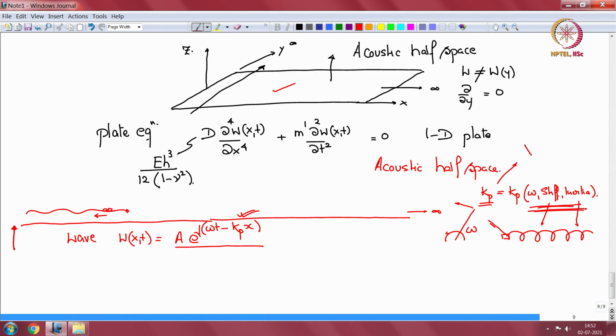because wavelength is what? Wavelength is twice pi by k. So wavelength and the inverse of wavelength, the wave number, are decided by these three properties. So Kp in the 1D plate got decided by omega and its properties. So this is my descriptor of the wave in the 1D plate. Okay. Now my question is,